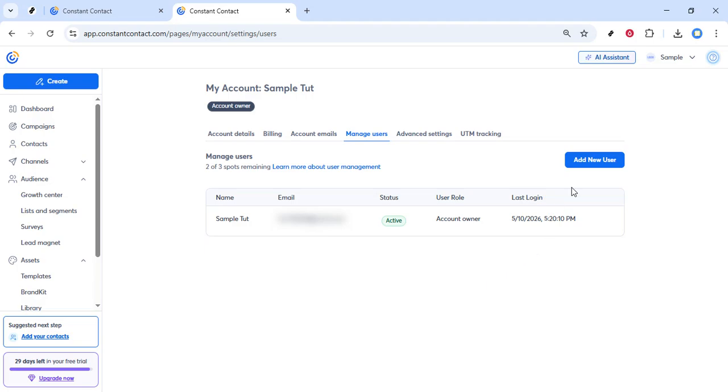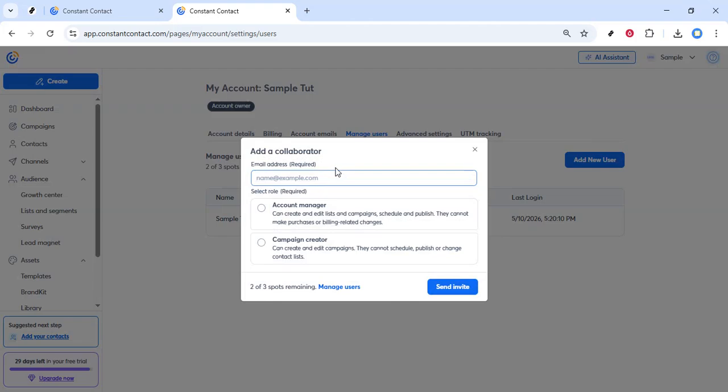To do that, click on Add New User. This is typically a button located somewhere prominent on the page. Clicking this will open a form where you can input details for the new user you wish to add. In the form, the first thing you'll need to enter is the email address of the person you want to invite. Be sure to double check the email address for any typos, as this is the primary way they'll receive